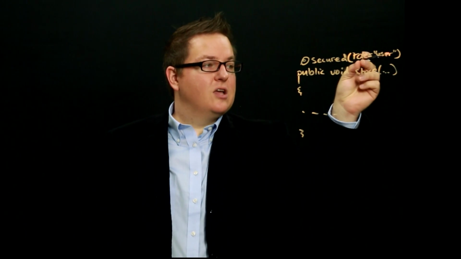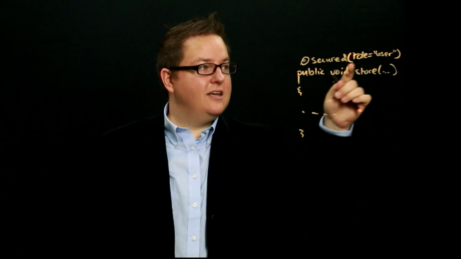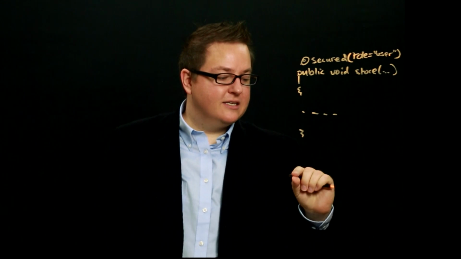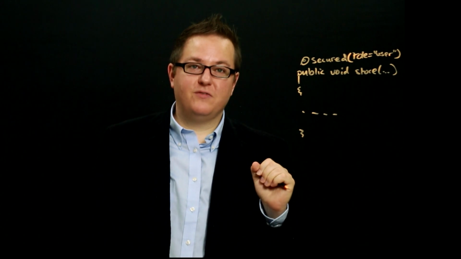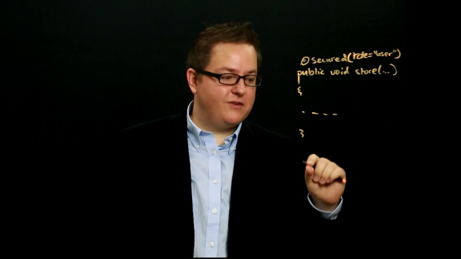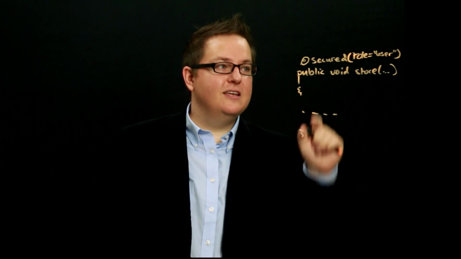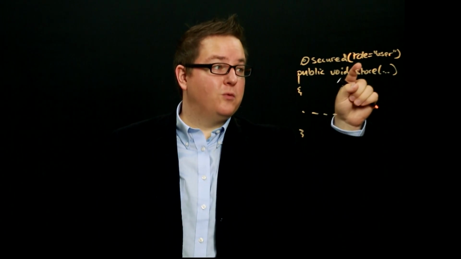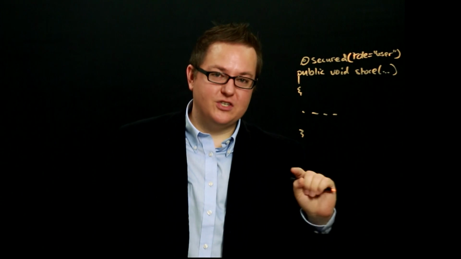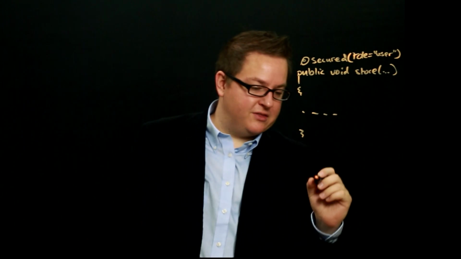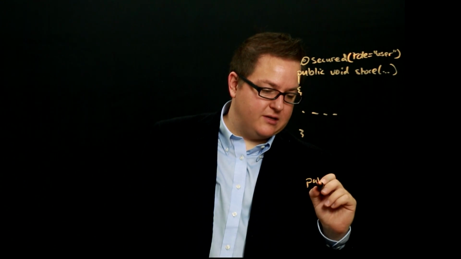And in this case, role in our interface would be some method that we defined called getRole. So if we define a role method in our annotation's interface, the annotation would look something like this. It would look like